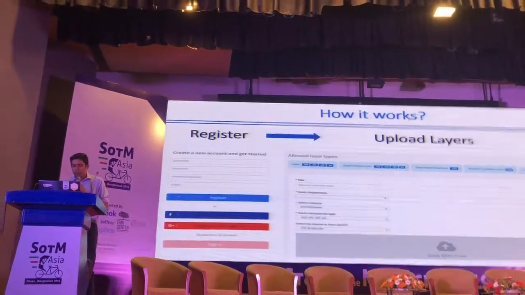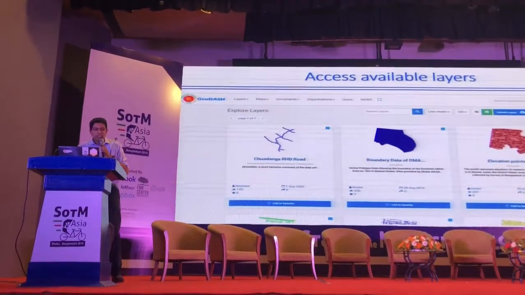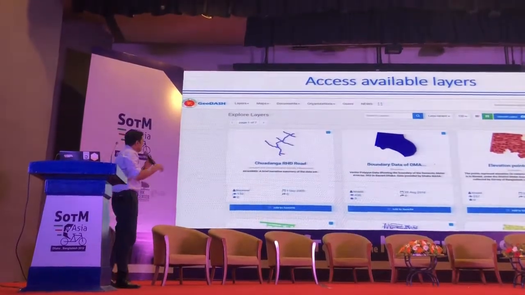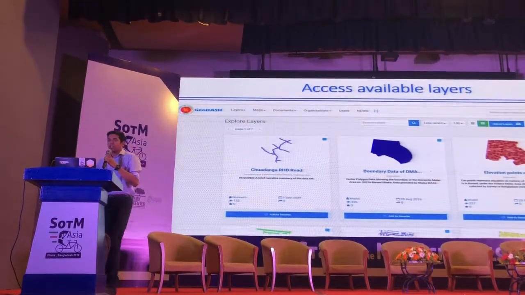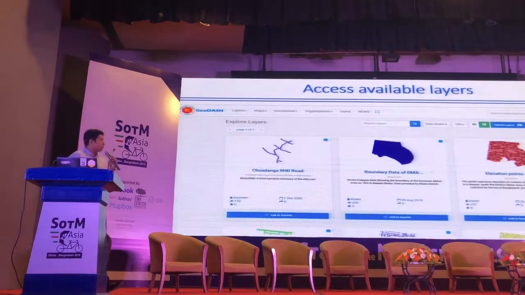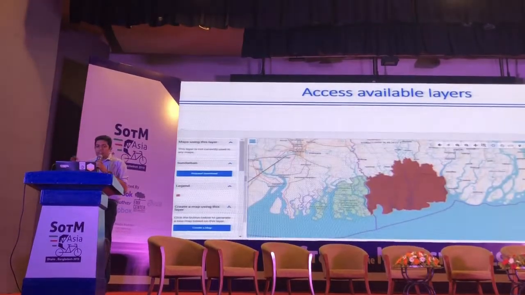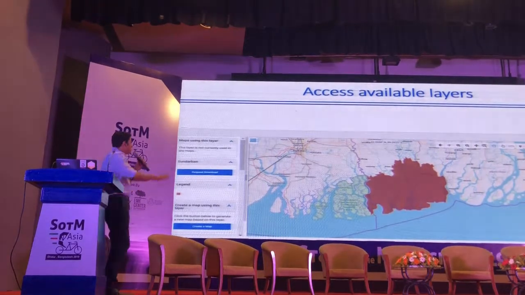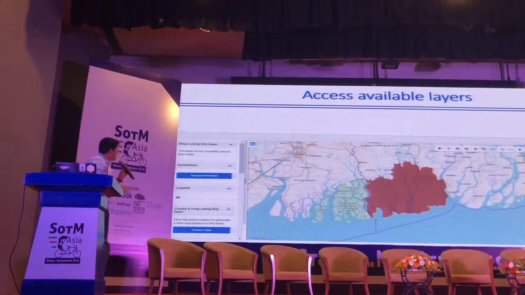If you want to explore the layers, just click that button. You will see such a page where there are different types of maps, over 700 layers I told you that we have uploaded. So a lot of layers are there. If you go into a specific layer, here is a layer of Sundarban.